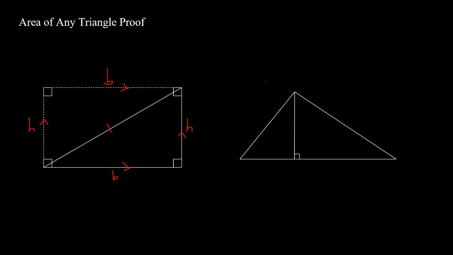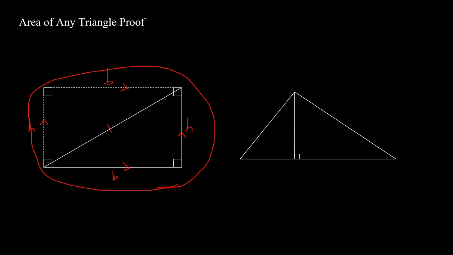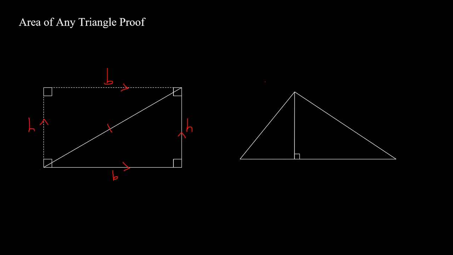Well, essentially we can just do the same thing that we did over here, which is construct a rectangle. So we can basically just draw in some lines, and using the same logic that we did before, this is also a 90-degree angle because this entire line segment must be 180 degrees. And because we duplicated